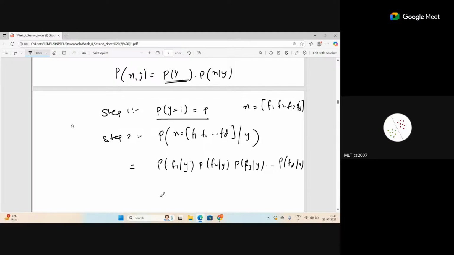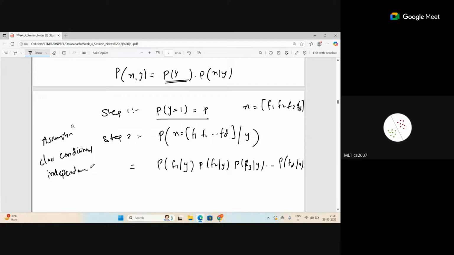What will be the probability of f1 given y? Okay, how should I write it down? You did it because f1, f2 are independent, right? We are assuming that. So there is an assumption here. The assumption is class conditional independence. What are we saying is that these features, they are independent. Why was this term class conditional independence used?